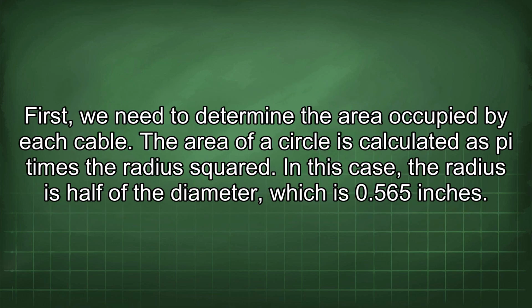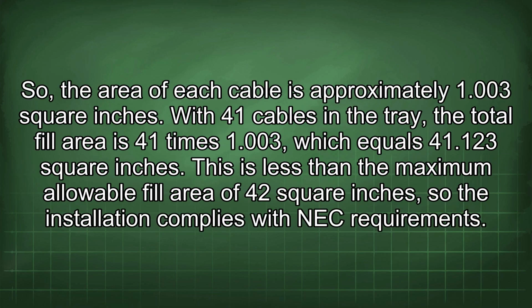First, we need to determine the area occupied by each cable. The area of a circle is calculated as pi times the radius squared. In this case, the radius is half of the diameter, which is 0.565 inches. So, the area of each cable is approximately 1.3 square inches. With 41 cables in the tray, the total fill area is 41 times 1.3, which equals 41.123 square inches. This is less than the maximum allowable fill area of 42 square inches, so the installation complies